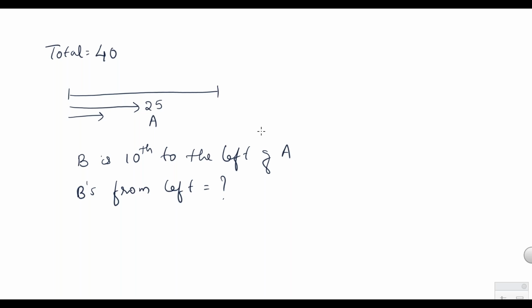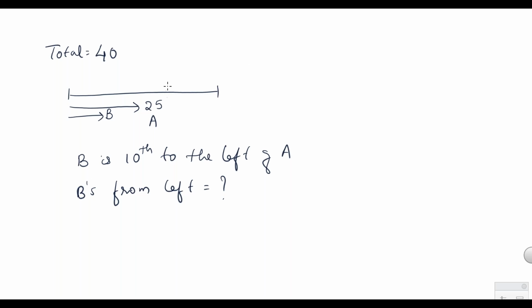Yes, 15, 14, 16. We're getting three types of answers. Some people are taking +1, some people are taking -1. Now B is on the left of A. If I'm counting the position of B, then I have to include B or exclude B. I have to include B, which means I need the positions up to B only.